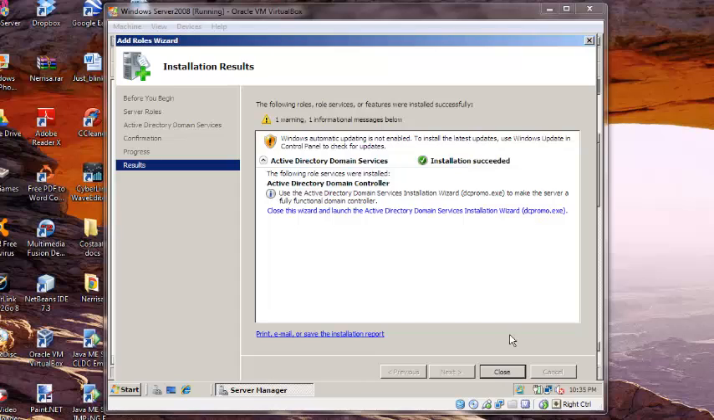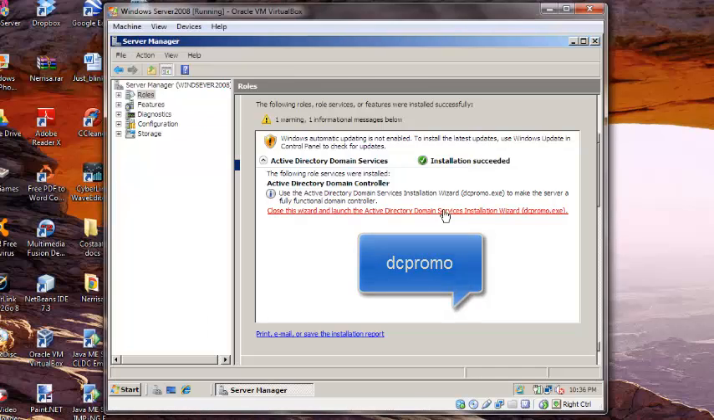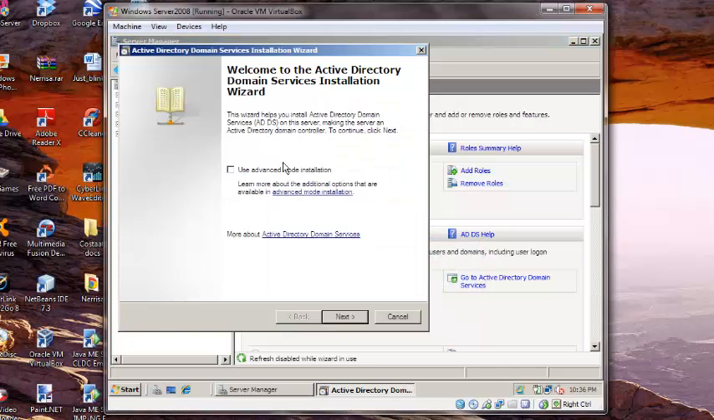Now in case that you have clicked close without clicking here, all you do is open up command prompt and type in DC Promo, and we will get this page that comes up here. We will get the same thing in DC Promo. This will allow us to continue with the installation. So we will click Next,